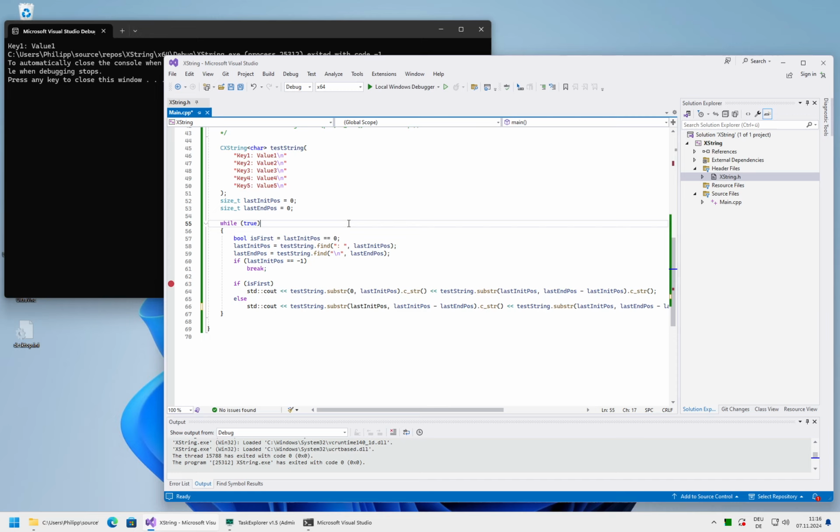So after you printed the result, you need to increment last int pos by 1, for example. And then it will always be stuck at this one. No, you find the same one.